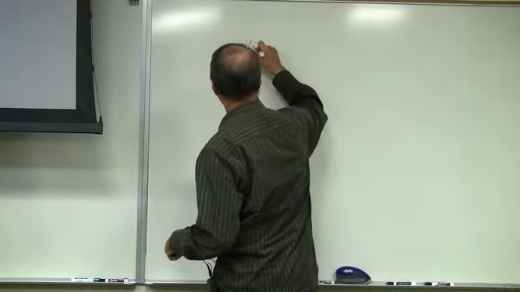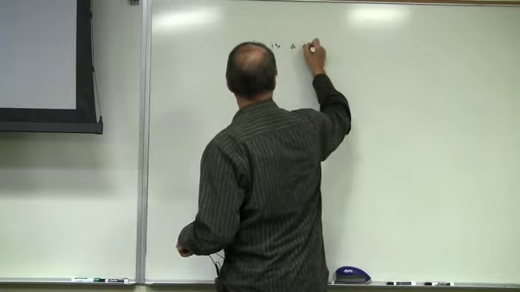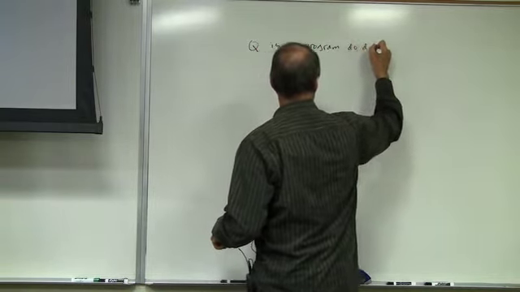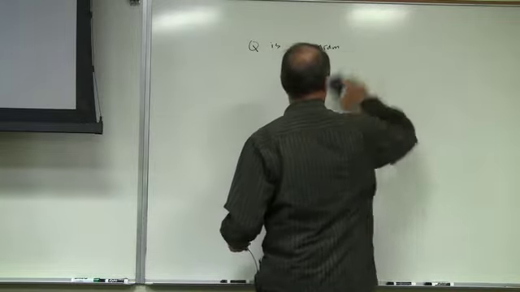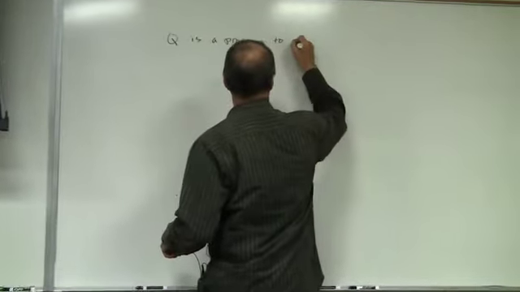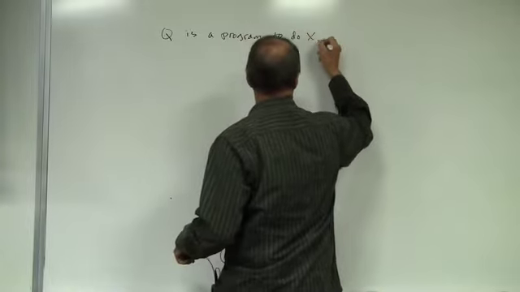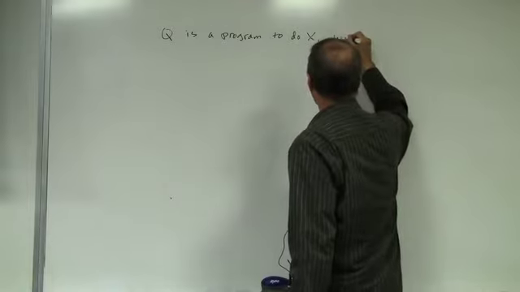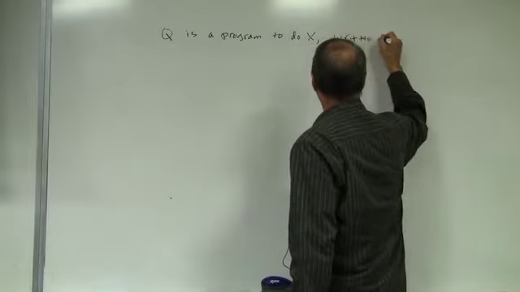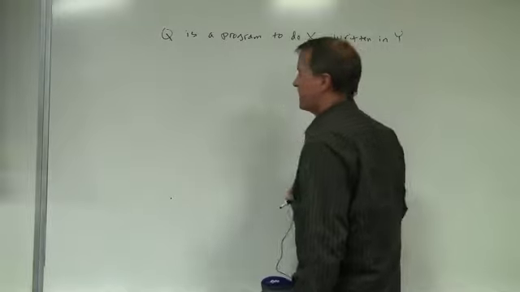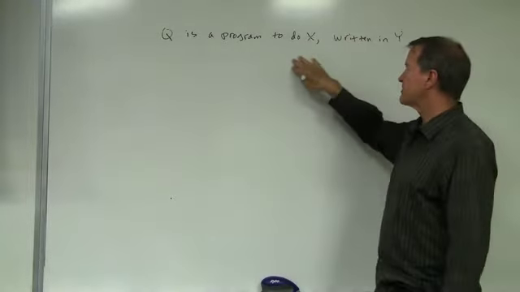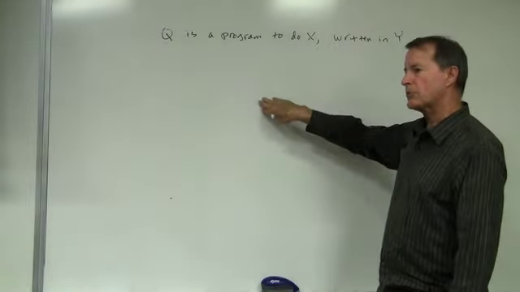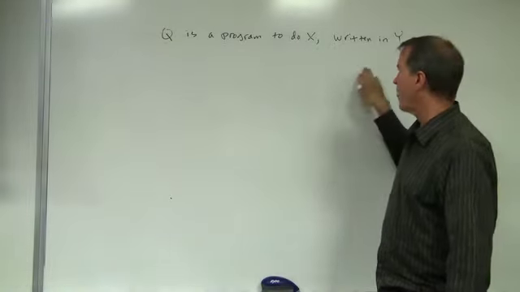Let's just say Q is a program to do X, and it's written in Y. Now, if you take this program to do X written in Y, and you put it through a translator that translates from Y to Z,